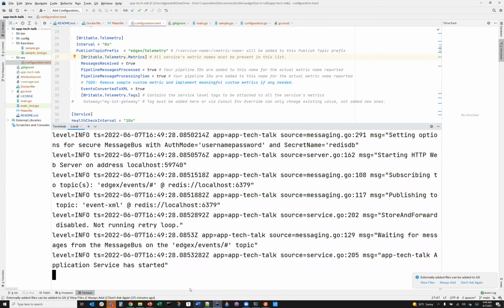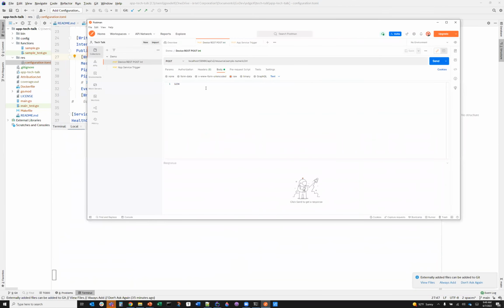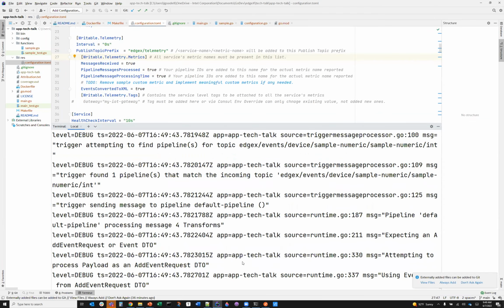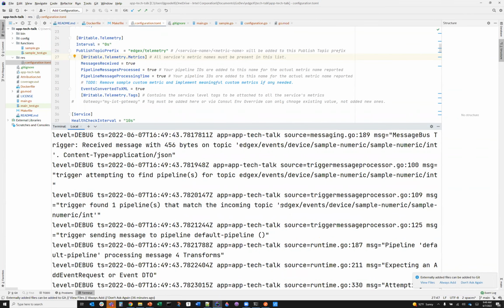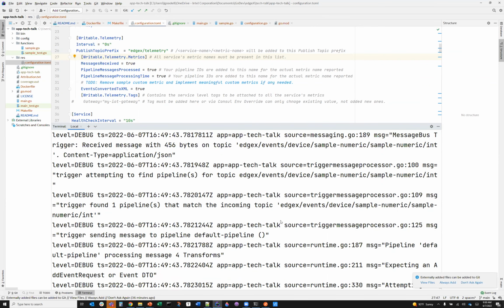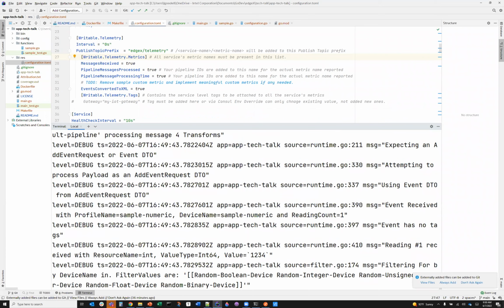All right, so back to here, and I want to do this so we can see what data we get when we post. So we're going to send this integer to the device rest and watch it get received here. Now you see this is all the data received in debug, because I have the environment variable setting log level to debug exported in my terminal so that anything I run from command line is always running in debug. So you can see, hey, it found one pipeline matching the topic and it's sending it to it. You can see all these messages,